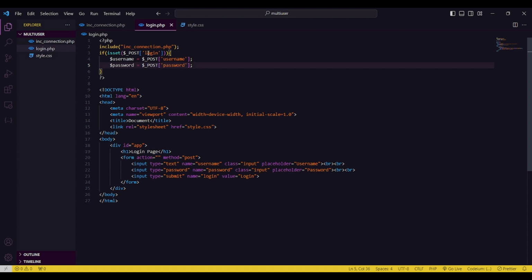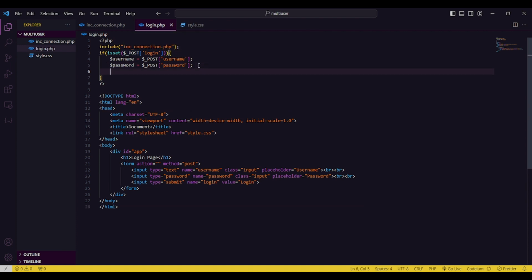If we click here, whatever is input in username and password is automatically taken. And then if the people don't fill our input area,